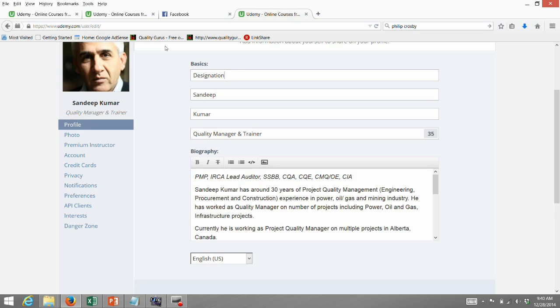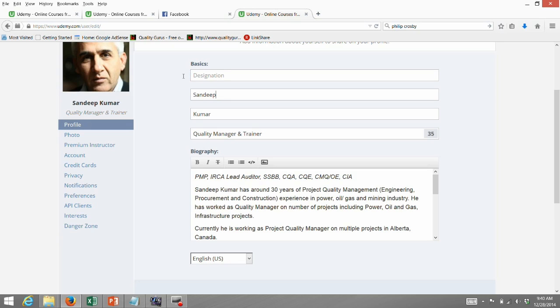So what they get in their certificate as a name is "designation Sandeep Kumar." Your name is not designation Sandeep Kumar. My name is Sandeep Kumar. So I will delete this. Make sure this is deleted. Or if you want to put doctor, you can put DR, or if you want to put Mr., that's your choice. But I prefer to leave this blank.